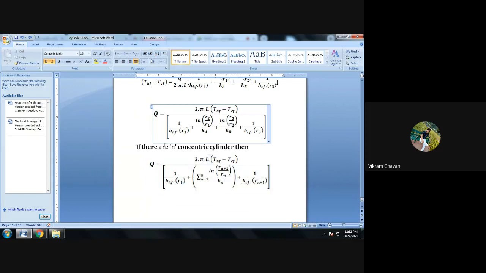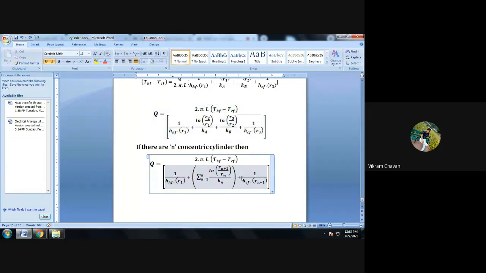So we can write in general as summation of all the logarithmic terms of R suffix n plus 1 whole divided by R suffix n whole, divided by K suffix n. Okay, now जो फाइनल टर्म है 1 डिवाइडेड बाय H सफिक्स CF मल्टीप्लाई बाय R3, ये क्या सिग्निफाई कर रही है? ये कन्वेक्शन हीट ट्रांसफर सिग्निफाई कर रही है, और उसके लिए जो रेजिस्टेंस मिल रहा है वो सिग्निफाई कर रही है।